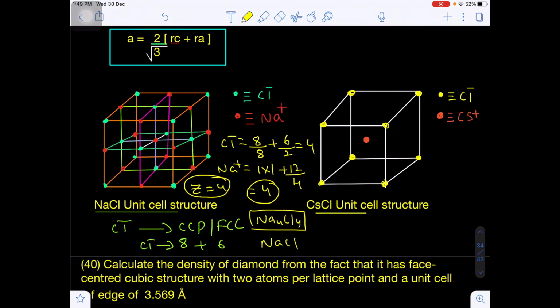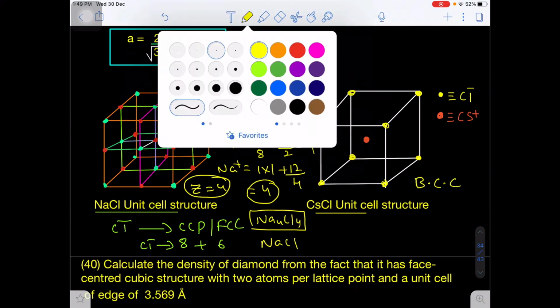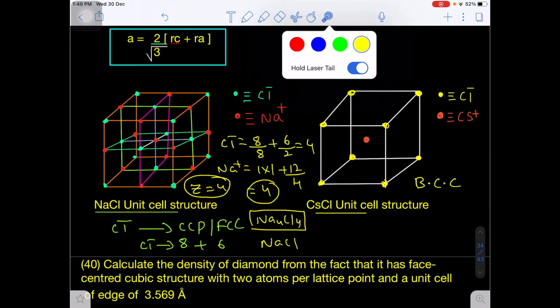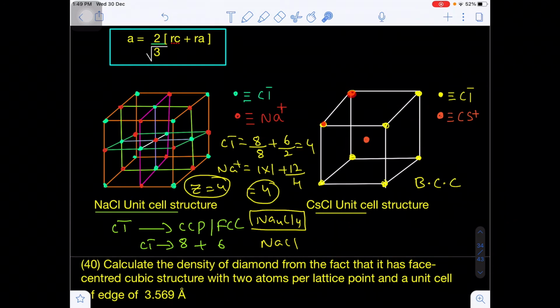In the cesium chloride structure, this is nothing but the body centered cubic structure. In this body centered cubic structure, here also there are 8 corners. At 8 corners there will be 8 Cl minus ions, and one body center, where at the body center the cesium ion will be located. This is very important. Okay, and the next important thing is the number of formula units per unit cell. Here cesium ions will be at the body center and the contribution will be 1. So 1 into 1, 1.